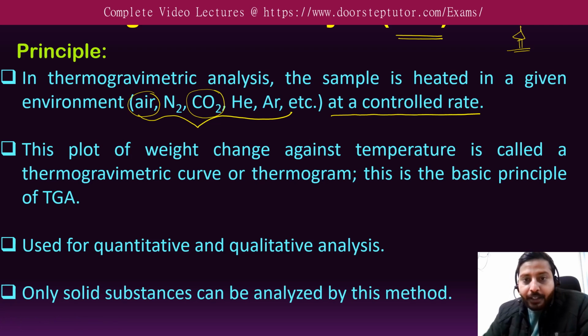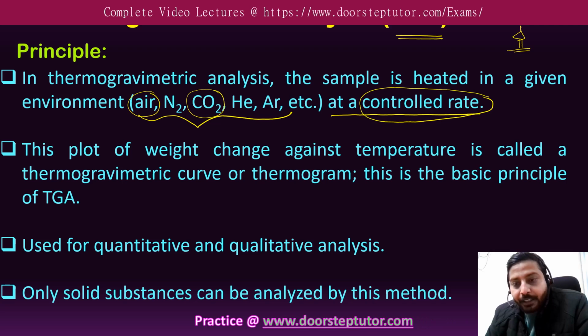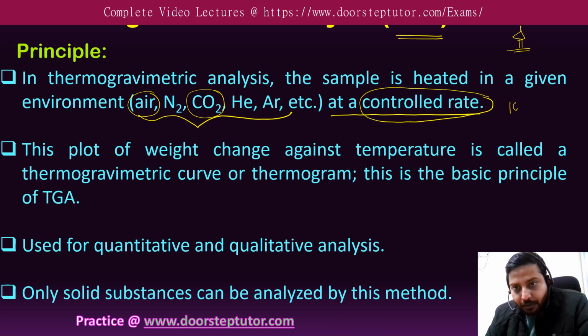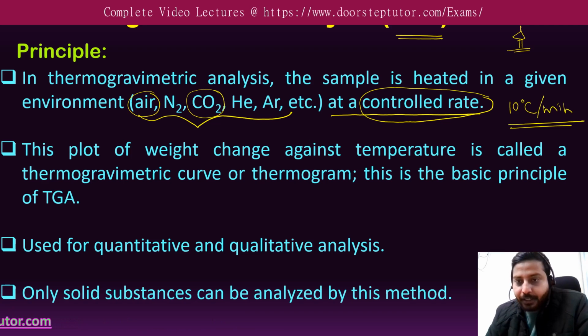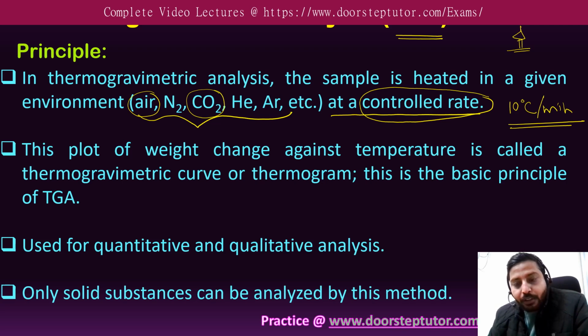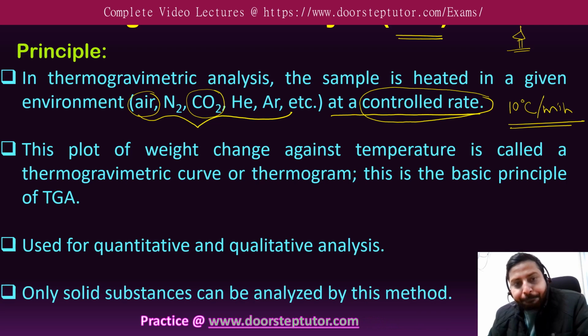So how is it happening? The heat given to a sample is given at a controlled rate, like 10 degree centigrade per minute, that is, every minute we increase the temperature by 10 degree centigrade. When we use this type of analysis, it gives us a more efficient idea